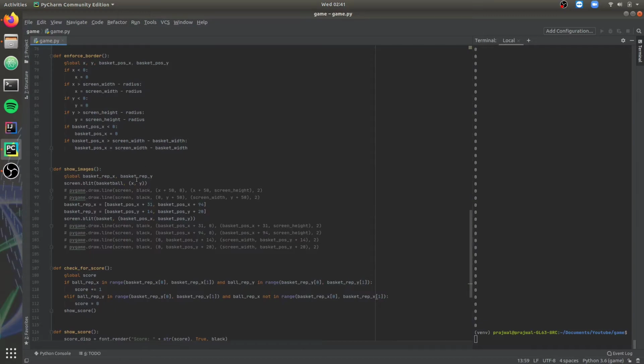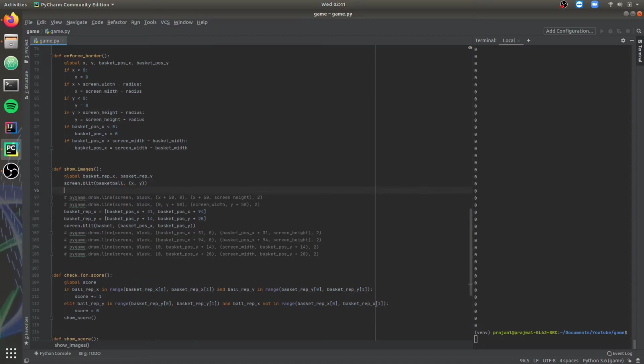And in the show images function, we just give screen.blit, the variable of the image and the position where we want to display it. I chose to display the image at 0, 0 because I want proper alignment of the image, but you can choose wherever you want to display the image.